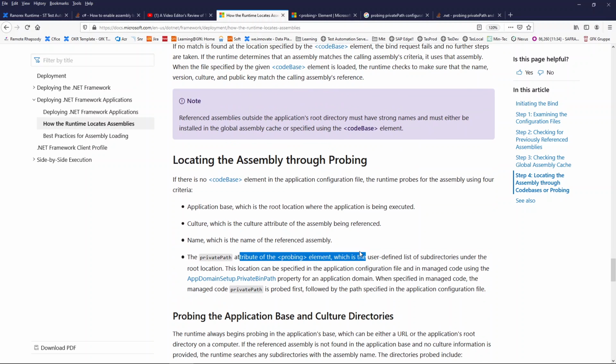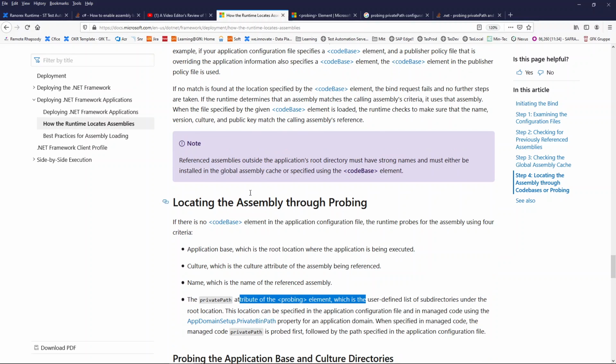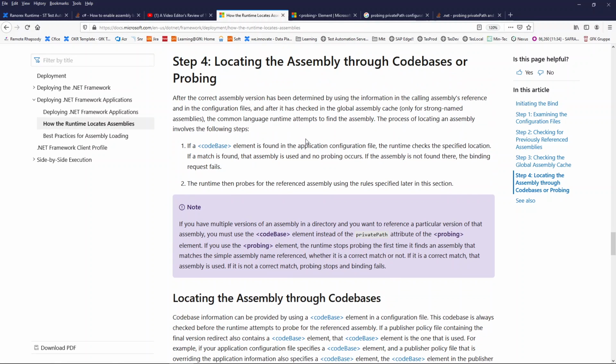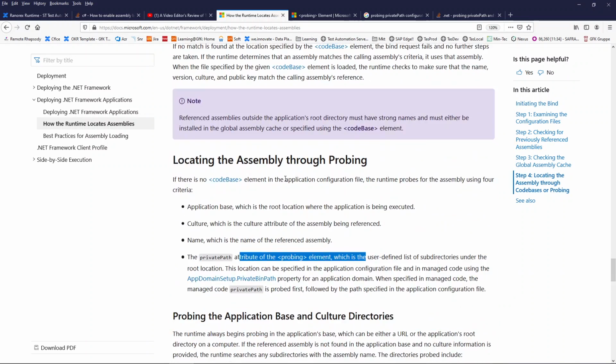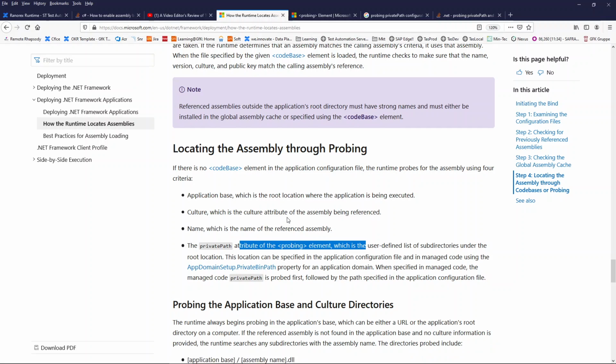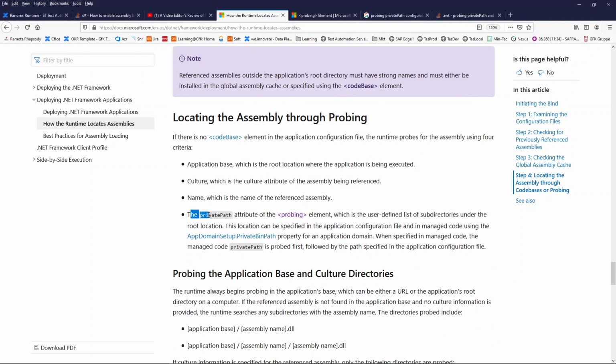So there is code base, and maybe we can do this after code base. The private path attribute of the probing element is the user-defined list of subdirectories under the root location. This location can be specified in the application configuration file. This is interesting. When specified in managed code, the managed code private path is probed first, followed by the path specified in the application config.